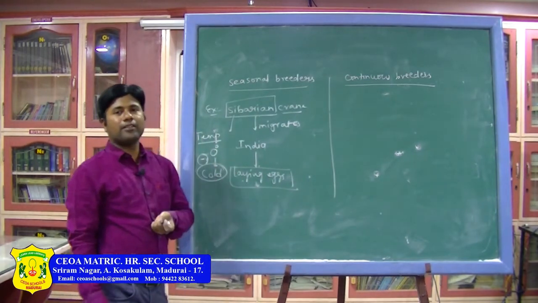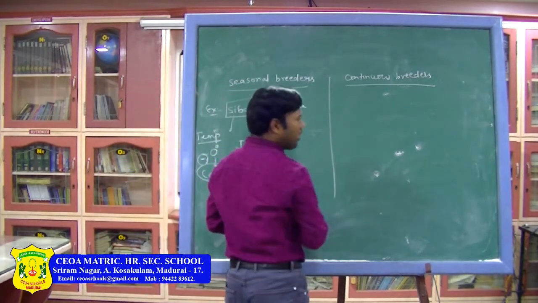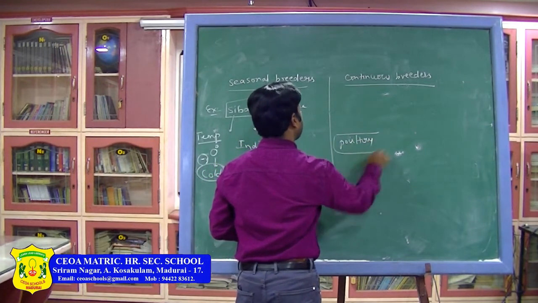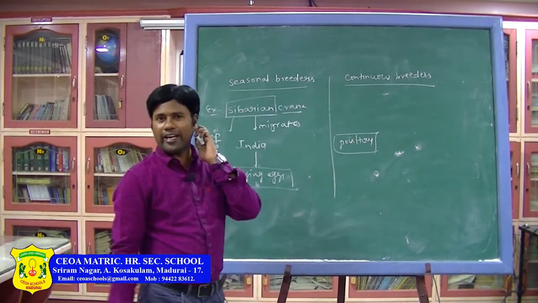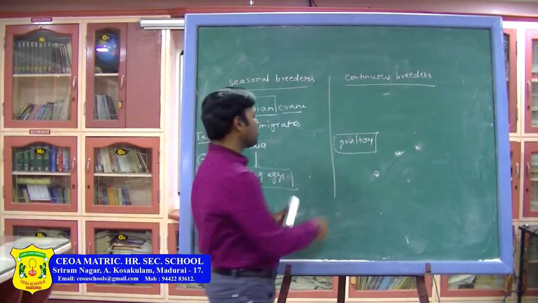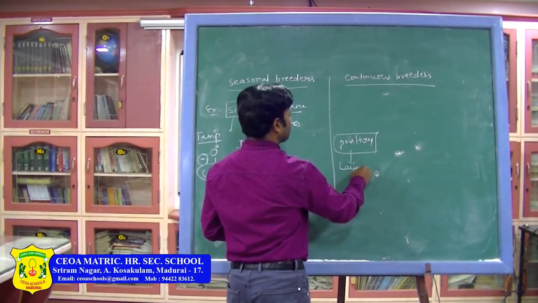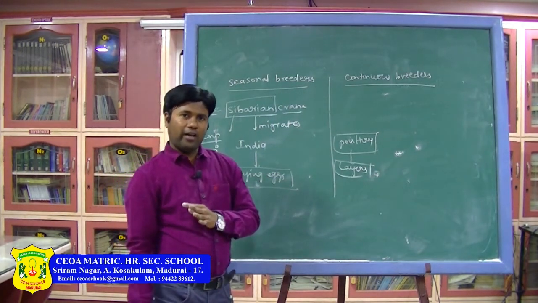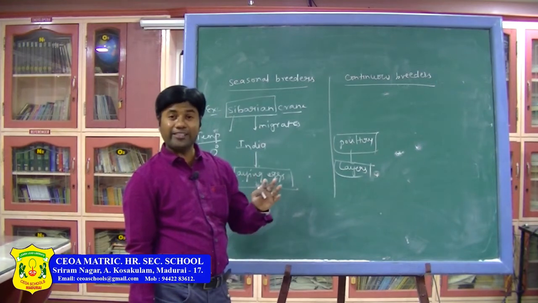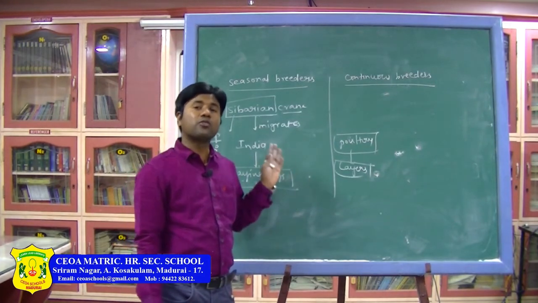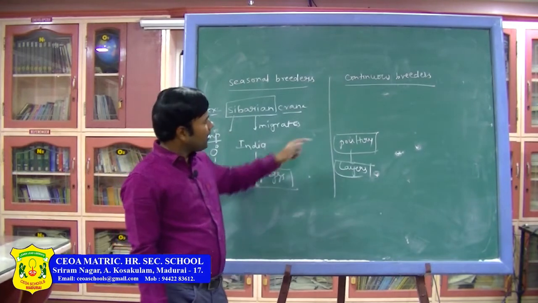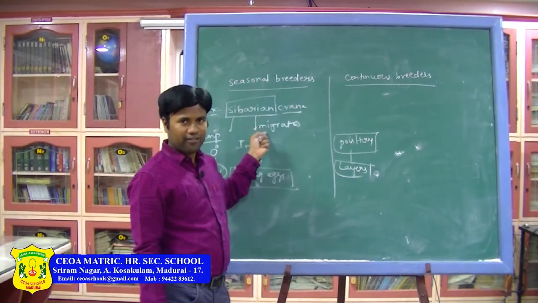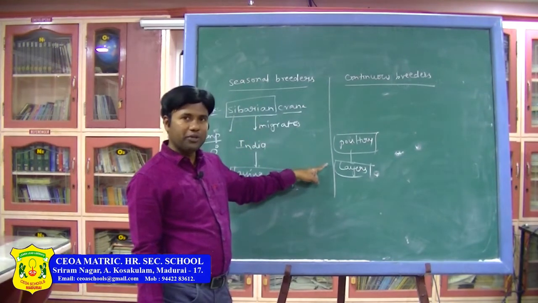I will explain one example, that is poultry farms. In poultry farms, the hens which lay eggs are called layers. These layers, actually, are seasonal only. In the natural habitat, the hens that are growing are seasonal birds only. But in the poultry farms, the birds that are growing are not seasonal breeders. Those are continuous. Why?